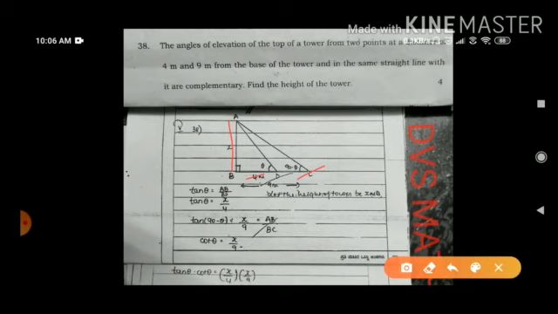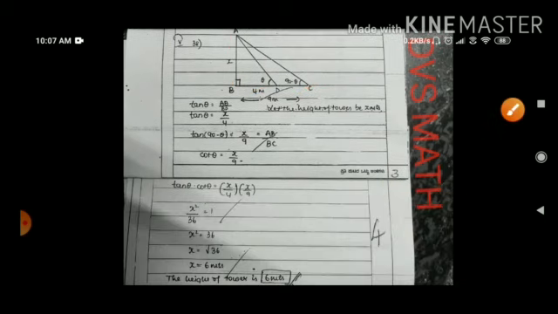If it is any angle, as I told you, just express them as tan or cot, depending upon the adjacent, hypotenuse or opposite. Here tan theta, as you know, is AB by BD, opposite by adjacent, so x by 4. Again tan of 90 minus theta is cot theta, that is x by 9. Next step, multiplying those two, tan theta into cot theta, x by 4 into x by 9.